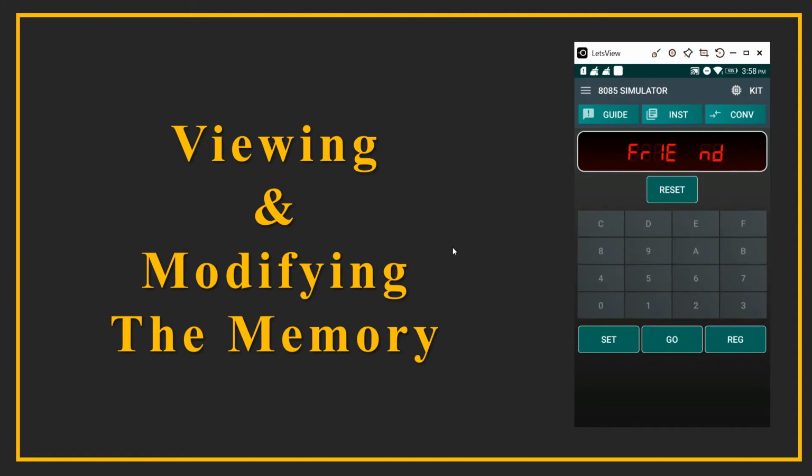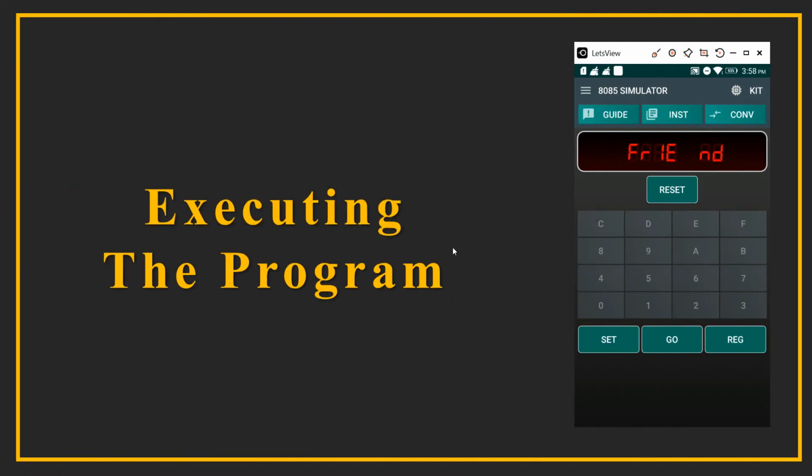Let us reset the kit once again. Now suppose you have entered the whole program and you want to execute the program. Then what you should do? You should press the go button. Give the starting address of your program. Say for example 2000. It can be any address of your interest. So 2000 is the program of our interest and I want to execute the program starting from this address. So I enter the address and press the execute switch. Once you press the execute switch, the program will be executed.